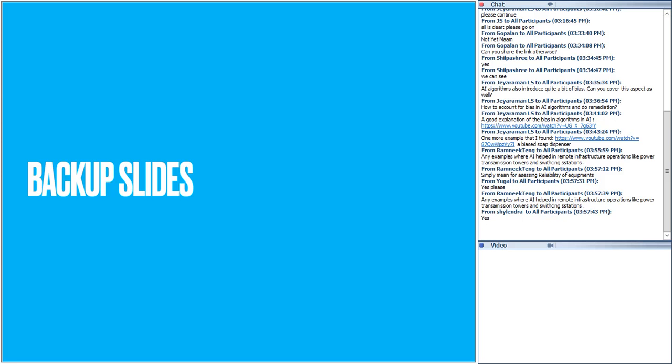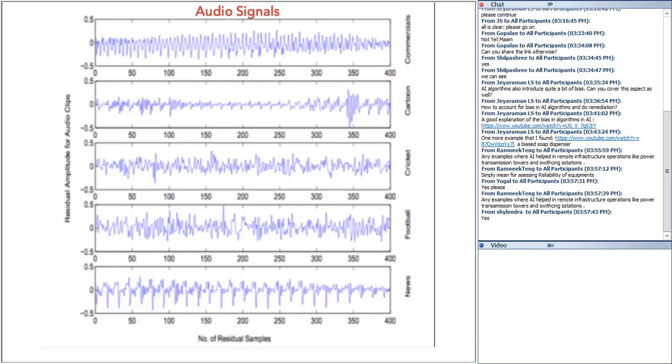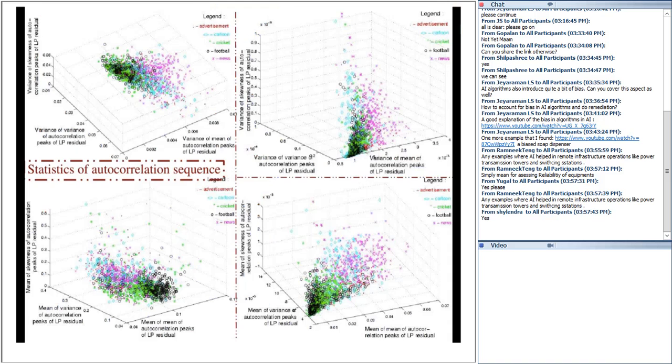And I will show you some of these pictures. I will not go into details, but very quickly, this is how the audio signal looks. I just said that there were 5 classes, so visually you see them when I plot these signals, and here some pre-processing is done on the audio signal. I take the video, extract the audio from it, do some pre-processing, and visually you see it looks different, right? So now I have to come up with a model which understands this pattern and gives me an outcome. What is the outcome? Whether it's a cartoon, cricket, football, news, or ad. And if I further plot this in a 3-dimensional space,